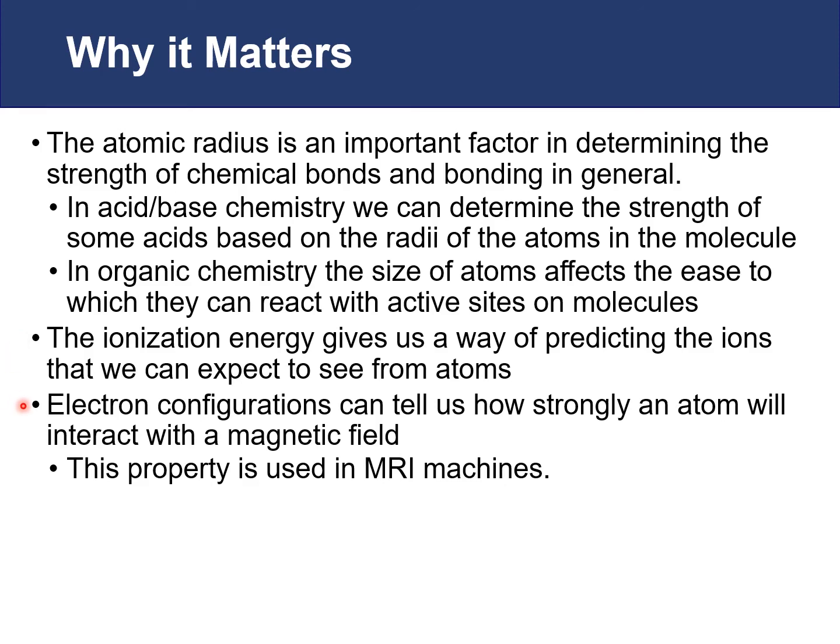Electron configurations can tell us how strongly an atom will interact with a magnetic field. We can use this property for things like MRI machines, magnetic resonance imaging,